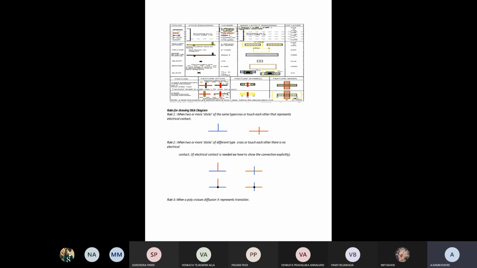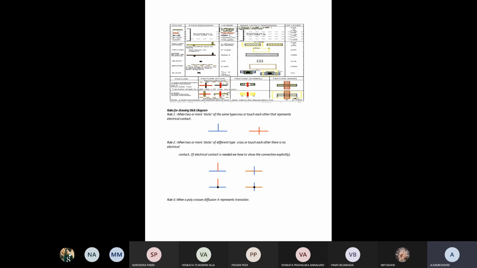The P diffusion will be indicated with yellow color and the polysilicon with red color. So polysilicon is common for both NMOS and PMOS, but the N diffusion and the P diffusion vary from one color to another. For N diffusion, we have to use green color. For P diffusion, we have to use the yellow color. This difference we have to remember surely, and definitely store these points in memory.